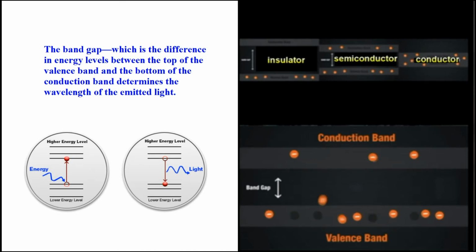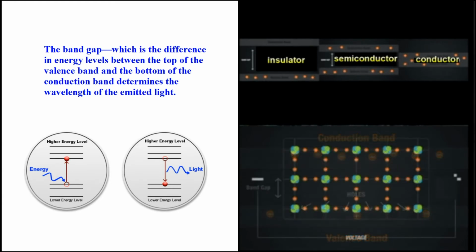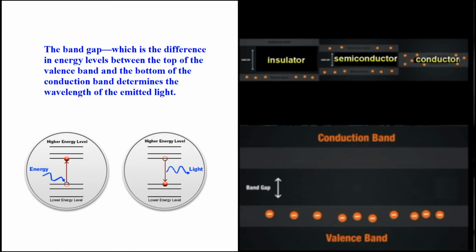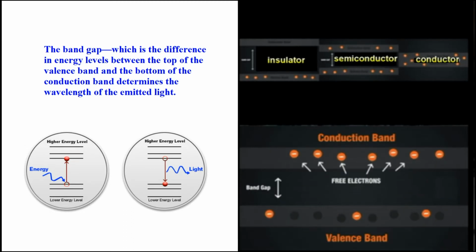And here you can see it. Yeah, you see how with a little bit of energy you knock electrons from the valence band into the conduction band, and now they're going to start flowing. Okay, you'll see this in a second. Here it is, and you can see the electrons are flowing. So they don't stay in a conduction band around an atom. They start flowing. And that's what we call electricity. The flow of electron beads.